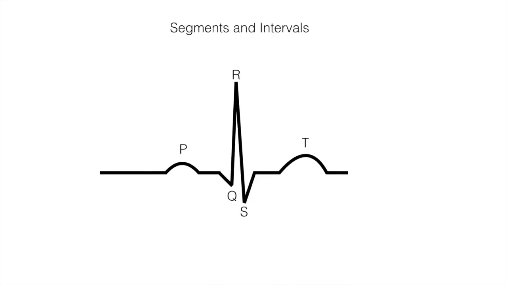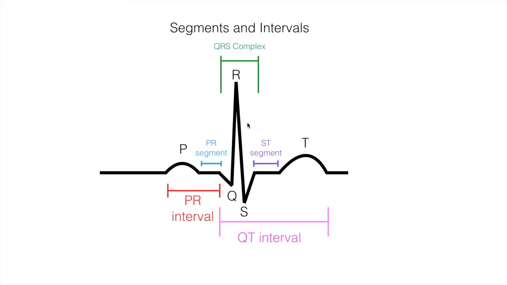So now let us talk about the segments and intervals in the EKG diagram. There are a bunch, starting off with the PR interval, the PR segment, the QRS complex, the ST segment, and the QT interval. But to make it easy for you guys, we are just going to talk about the PR interval and the QRS complex. These are all we need to do the EKG interpretation. The other segments are important too, but we don't really need them to interpret an EKG faster and more